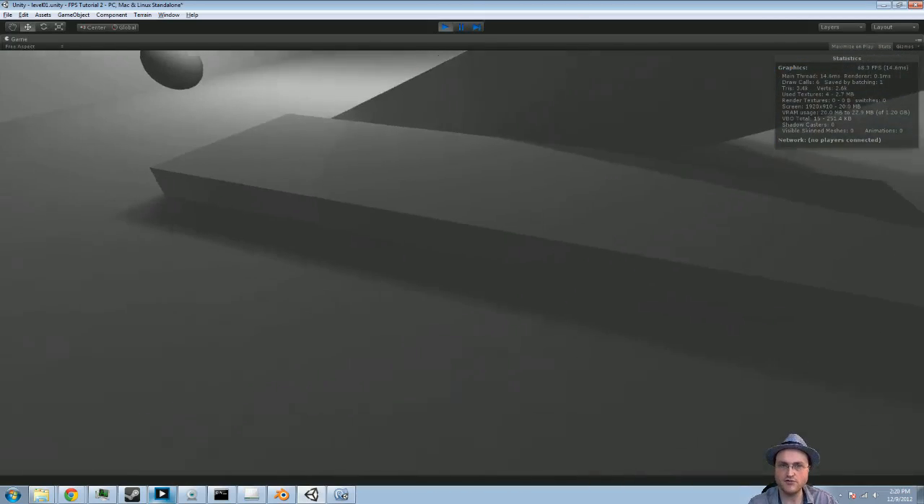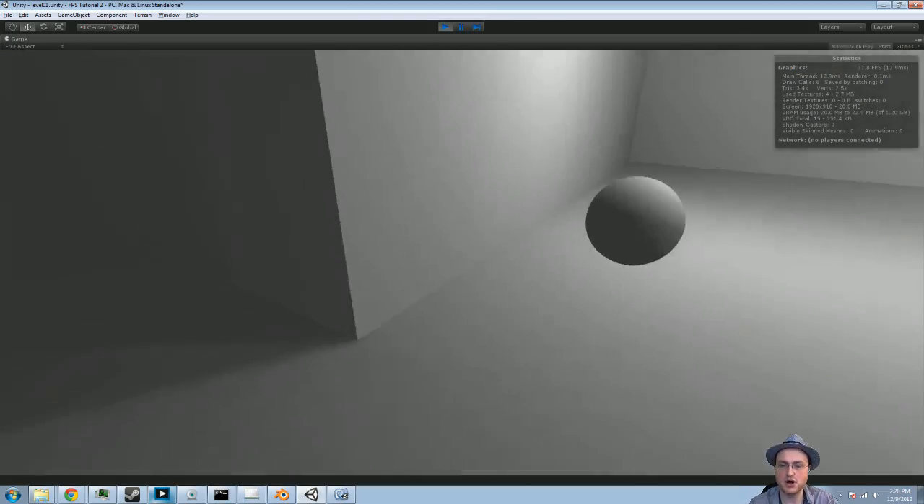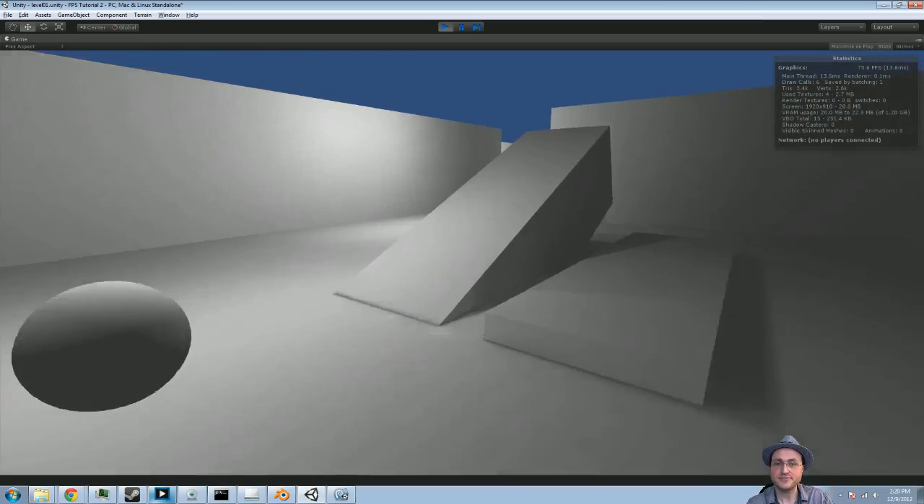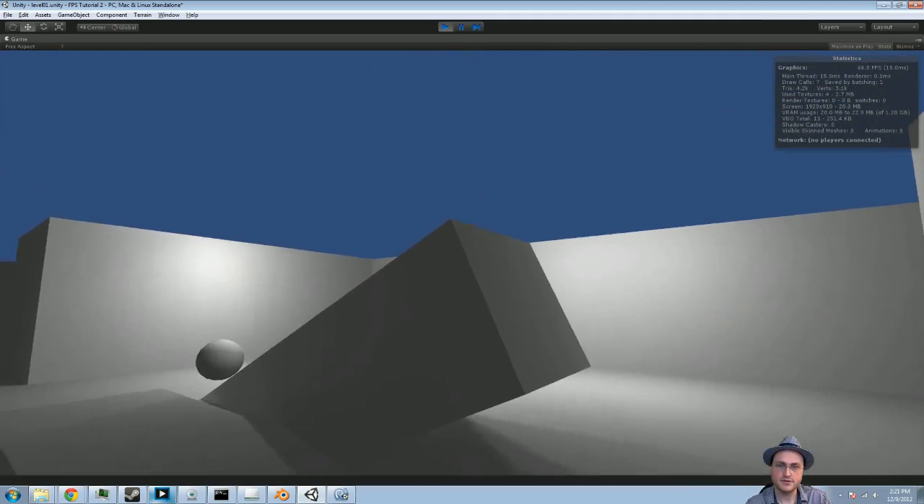There we are. So we're back to just white lighting, which isn't necessarily exciting, but it looks pretty good. And again, we've got those shadows. However, you may have noticed this ball is not casting a shadow. And the reason is this ball was not marked as static because it moves, right? If I'd marked it as